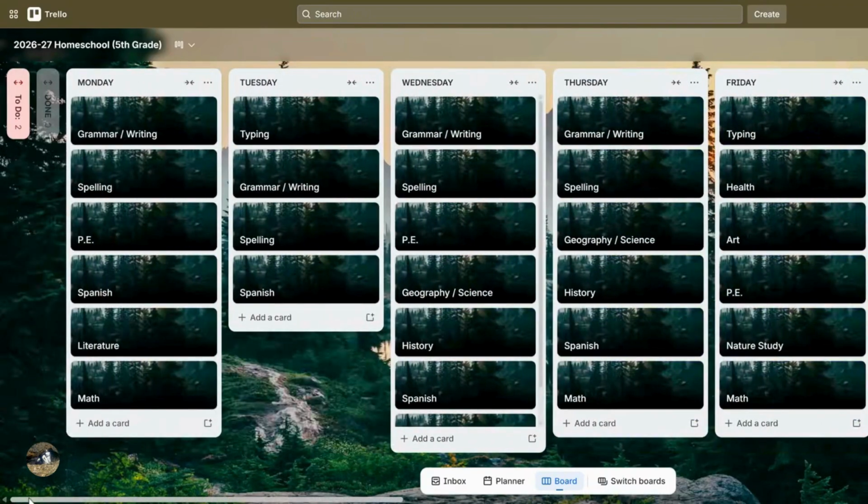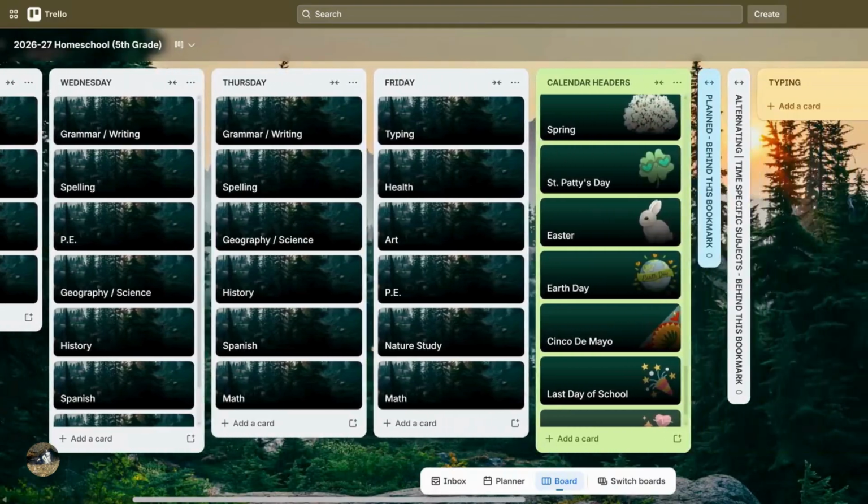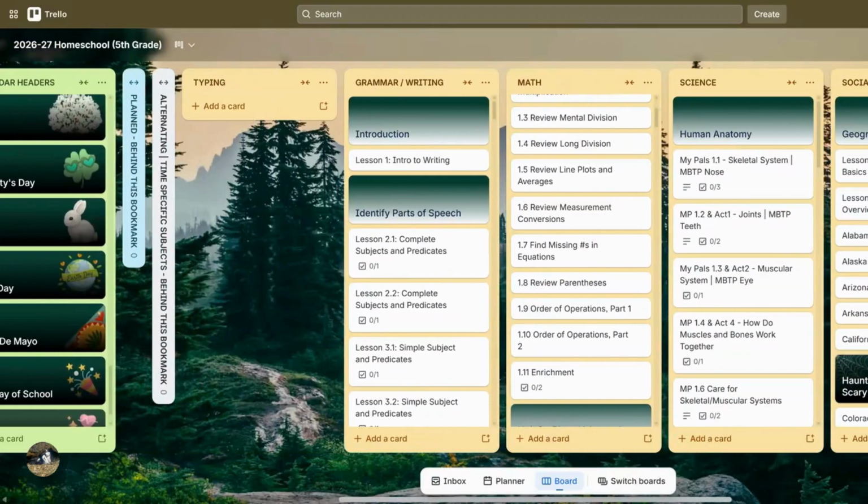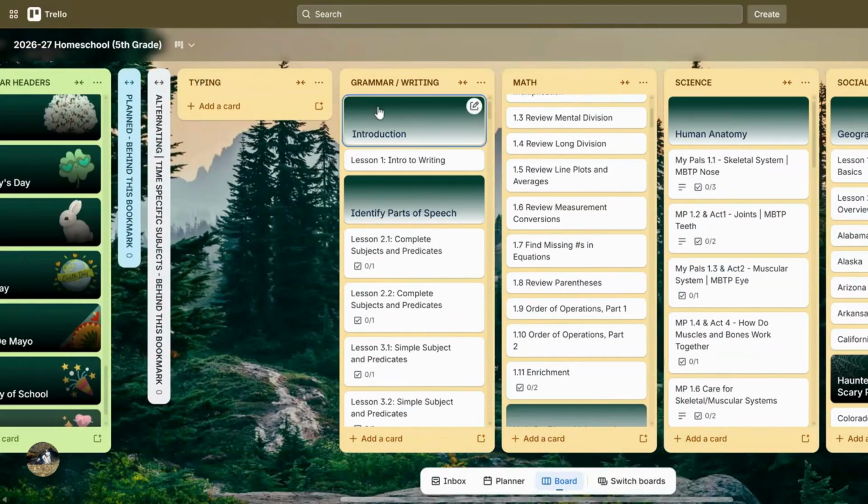I'll check my to-do list and make sure that there's nothing there that needs to be done. And then I simply work subject by subject, dragging and dropping lessons into place as I move down the curriculum list and across the week. So what that would look like is